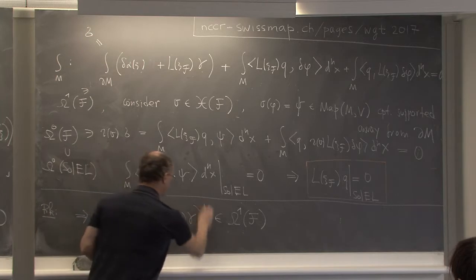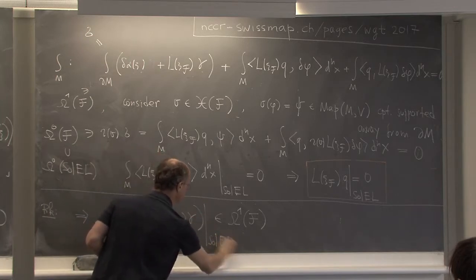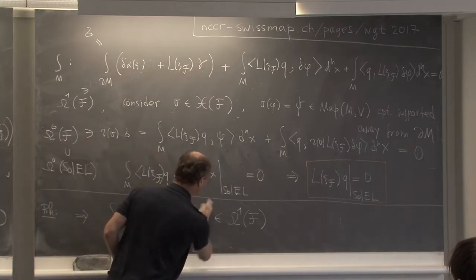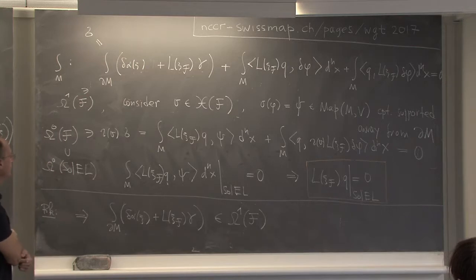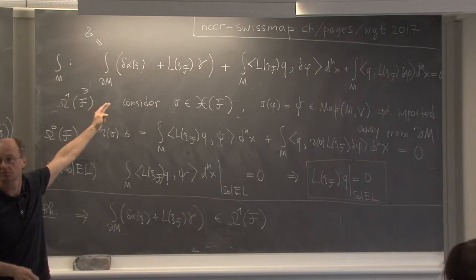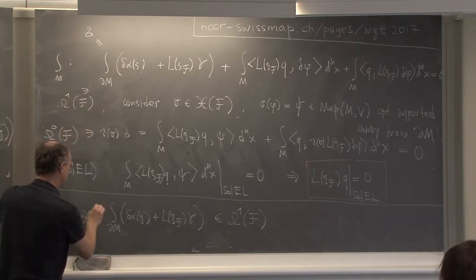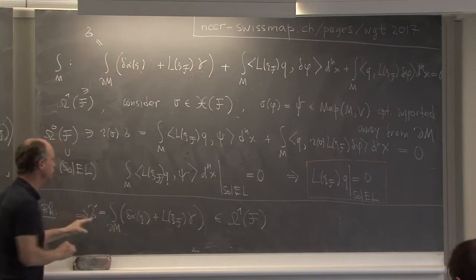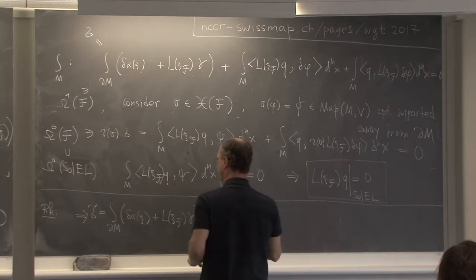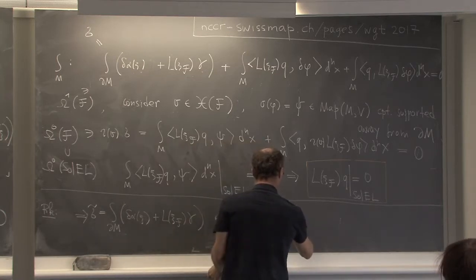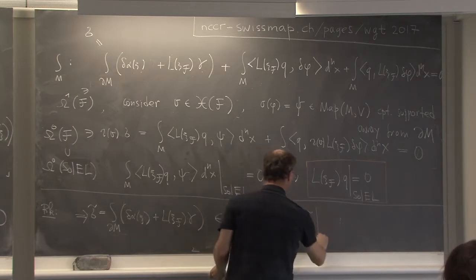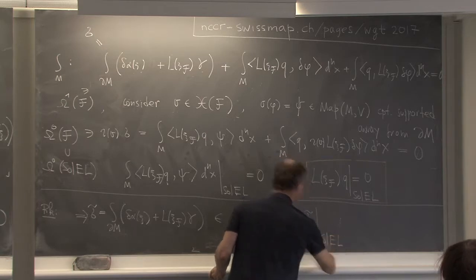Now let's restrict it. So that's an element of Omega 1 F. Should I still call it sigma? Maybe let me call it sigma tilde. Right? Only the first term. So we take iota v sigma tilde and restrict it to Sol EL.